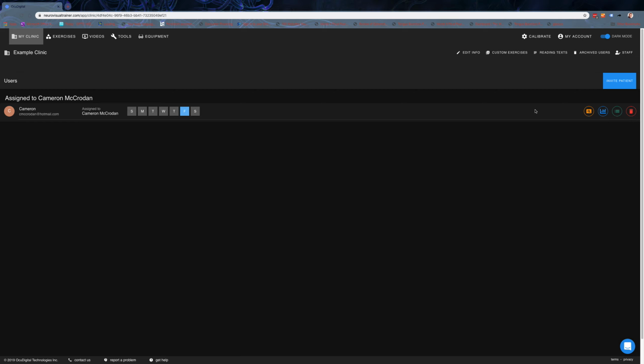So once the staff have been added, have your staff add their patients. That way they're auto-assigned to that staff member, although you can change who they are assigned to. But if you have your therapists add their patients, the patients are going to show up here in the users area. So you can see right here, here's the patient, there's the email, who they're assigned to,